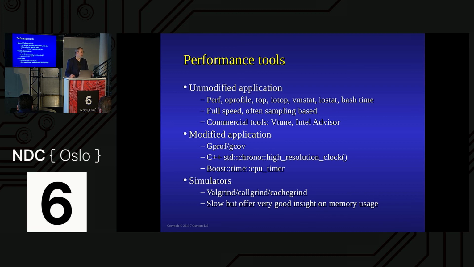Tools, plenty of them around. I've mentioned mostly Linux ones. There are some equivalent ones around on Windows, and it depends. You can say I have an unmodified application, so I can take the binary as it is and run that. So I can use perf, older things like oprofile, top. Yes, that's useful just to see roughly what's going on. iotop, I've used that quite often to see what's happening with input and output. The usual vmstat, iostat, sar, all those kind of things. Or even just bash and just say, just time this. It's surprisingly useful. If I make a change, does it go faster or not?